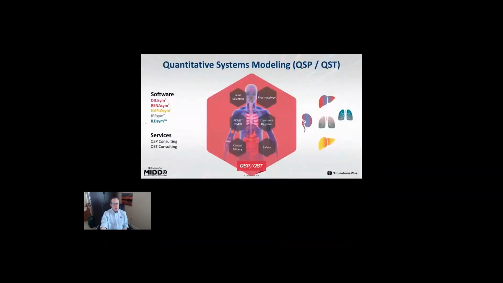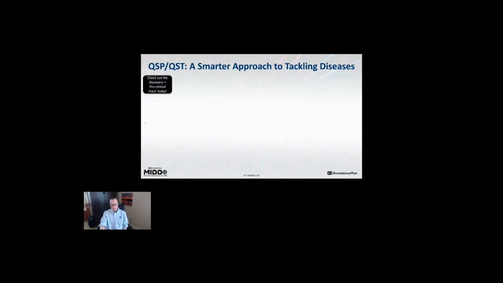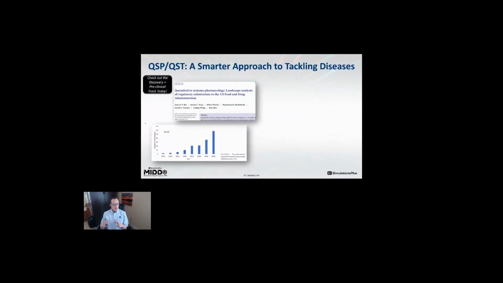And then last but not least, of course, at Simulations Plus, we emphasize and talk a lot about disease modeling or quantitative systems modeling as well. And within this space, we have our emphasis on liver, lung, kidney, also heart, complement, other areas that you'll hear about at the conference. And in this space, I just want to highlight a couple of key items. The first is we're seeing QSP modeling or systems modeling, and I would put toxicology or QST into that as a subgroup. We're seeing that as a whole move into the regulatory side.